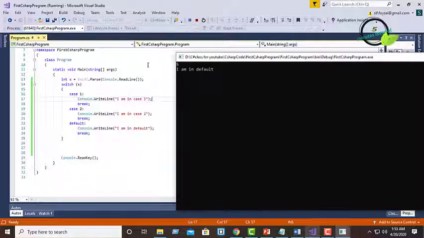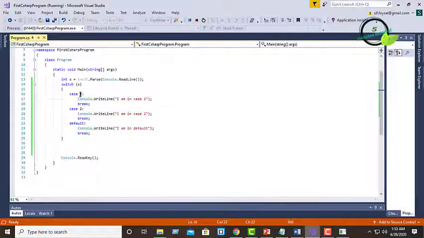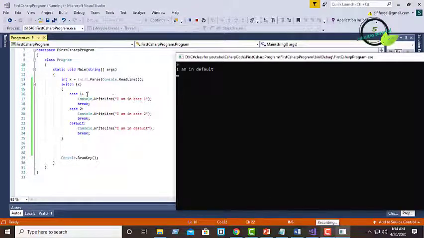The 5 is passed as a parameter of the switch, then it is compared with the cases. So here the case is 1, then the case is 2. There is no case named 5, so it will execute the default one. So here I am in default.